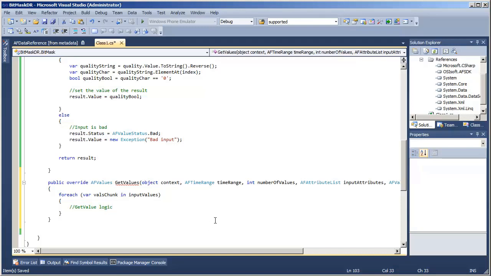Because we are responding to inputs from other attributes, we're not calling a foreign system, we're just responding to inputs. It really makes no sense for me to have to re-implement the same logic just inside a big for each loop. Luckily, we do not have to do that.